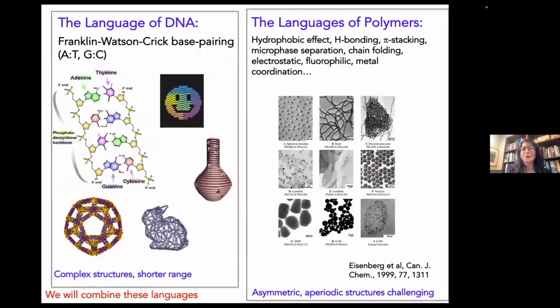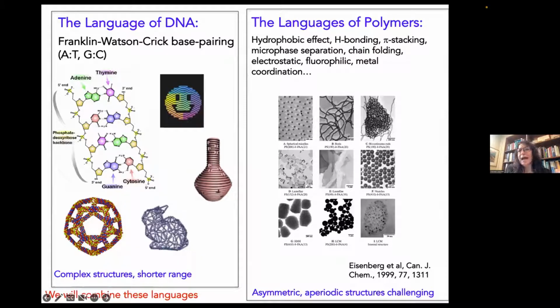All right, DNA as a language. You have basically adenine binds to thymine, guanine binds to cytosine. So it's a language made of 4 letters only. And in fact, it's because the base pairing is so predictable that you can actually generate these really highly controlled DNA nanostructures that we know about. But of course, this is a very limited alphabet, okay? On the other hand,